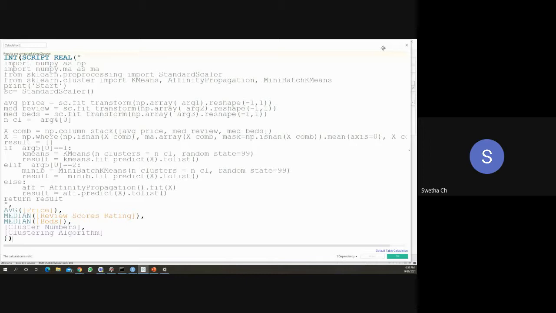So for this, is there anything else we need to do in Tableau, or is it just writing a script and uploading it into the calculated field? That would be enough. Writing the script is enough. Just get the results in a format which is integer or might be float.